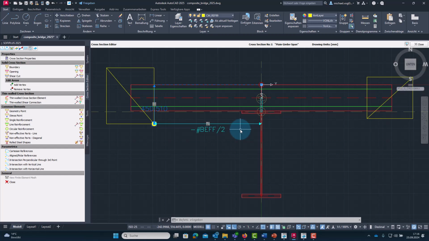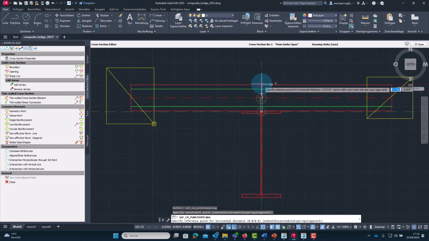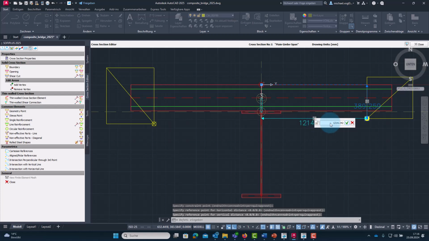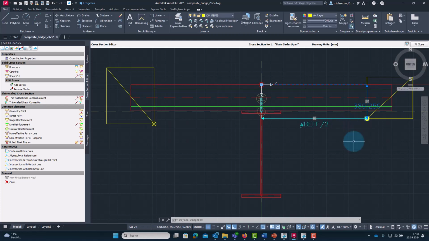Repeat this for the non-effective area on the other side of the slab. Remember that we are assigning values in the cross-section coordinate system, so take care to assign the correct signs.